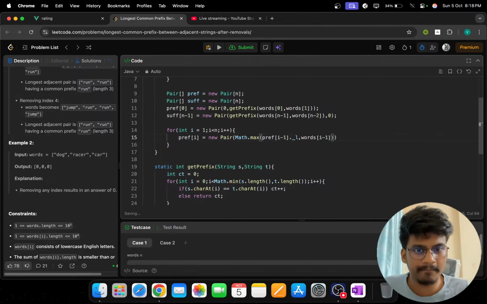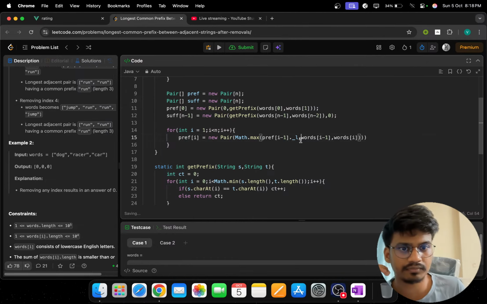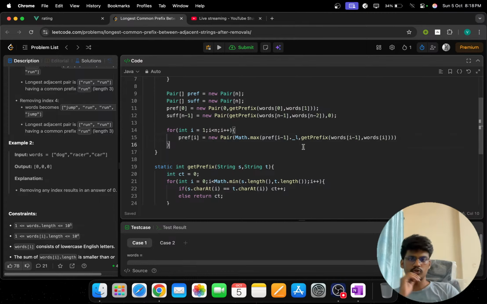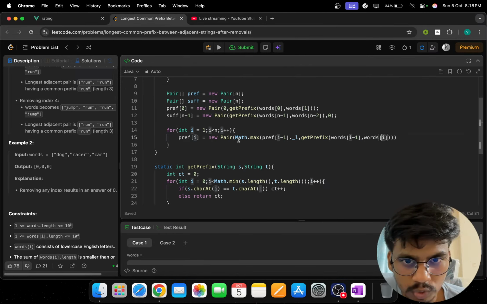Okay, words of I. Okay, and what we have to do is we have to find the prefix of this. So we will say get prefix. So pair of I, so the prefix of I would be a new pair of the maximum of the previous element. Okay, on the left part the previous element and the maximum of this previous word and the current word. Okay, so we got the L,